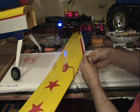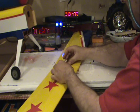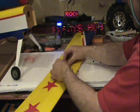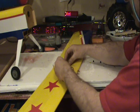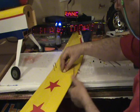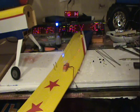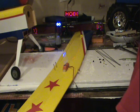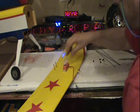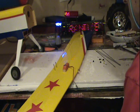Okay, so I got my 2 little blocks here now. And they both fit underneath that servo. Oh no. What? Oh yes, it does. Right there, see? That'll be just perfect. Yes, it will be. Okay, so I'm gonna